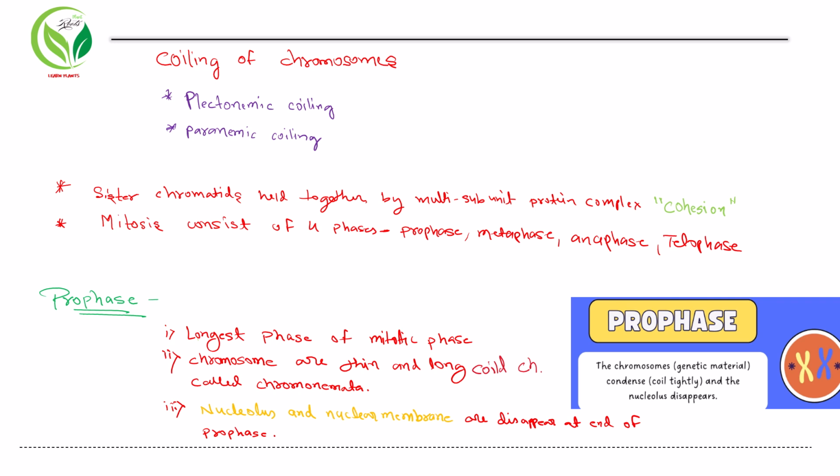So here we can see the coiling of chromosomes. Coiling of chromosomes is of two types, which are plectonemic and paranemic. So what is plectonemic coiling? First, we can understand this. Plectonemic coiling means the two sister chromatids of a chromosome